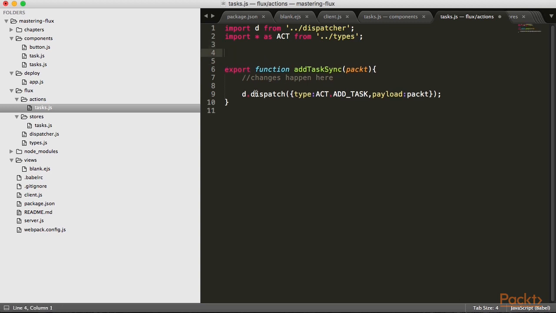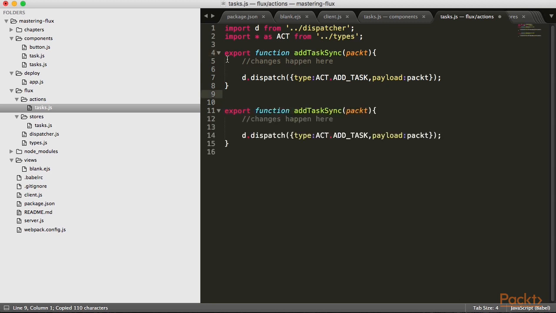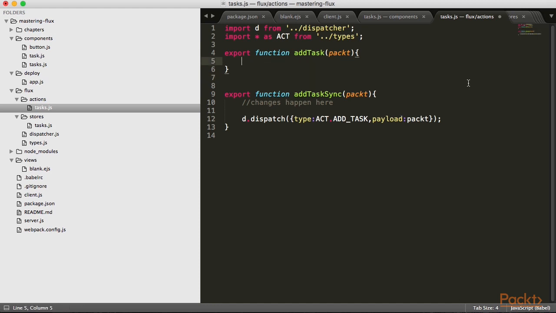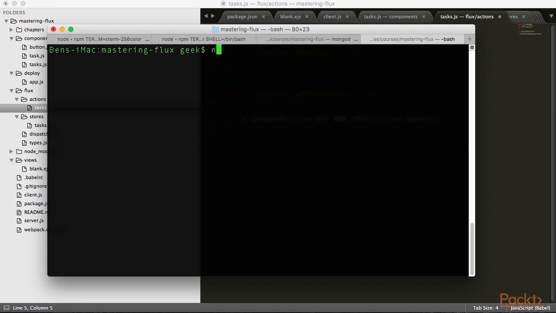But in reality, we want our addTask to do something else. We want it to actually approach our server. So whenever we get this packet, what do we want to do when the packet is received? Well, there are a few things. First of all, we want to do an Ajax call. Now, technically, right now, we don't have Ajax. We want to add that Ajax support, and there are a lot of different Ajax libraries out there. But I'm going to use one of them, and I'm just going to type here npm install. Oh, and